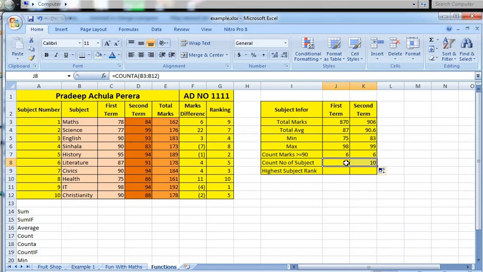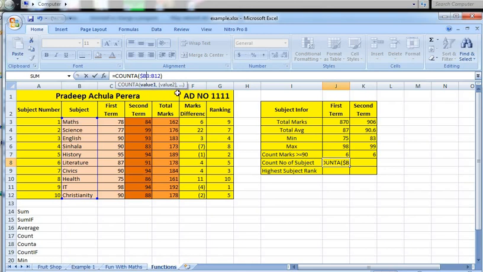But in this, I can use something called a relative cell reference or absolute cell references. So if I try to use absolute cell references,